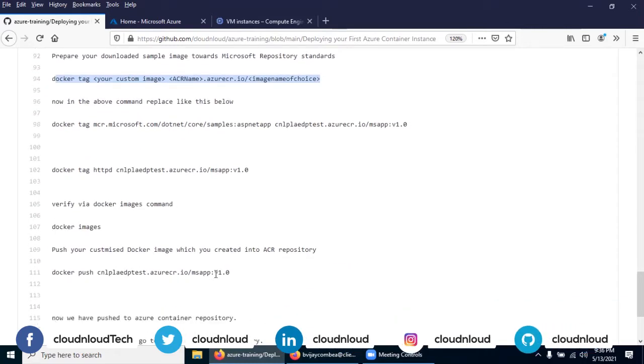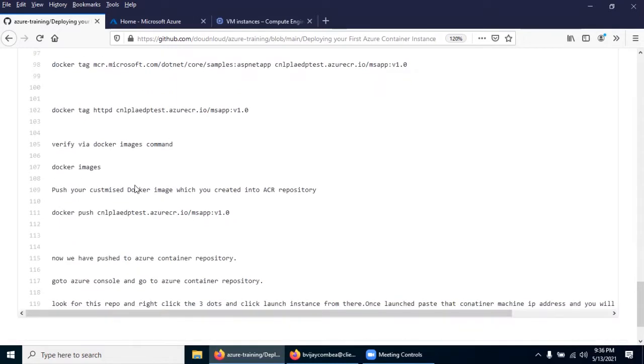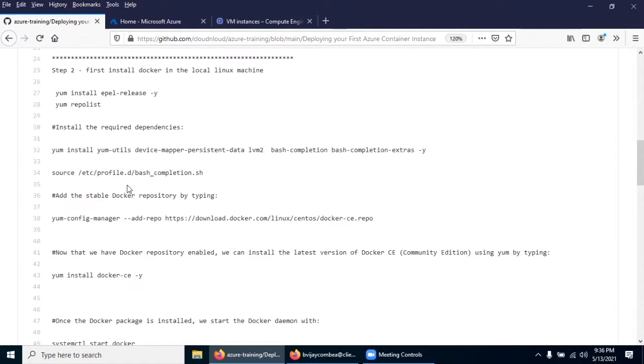Once you push, go to portal.azure.com, go to the Azure container registry, and look at this pushed one. Using that, you launch a number of Azure container instances. In a later session, we are also going to see Azure Kubernetes. So this is the exercise we are going to see, complete hands-on.